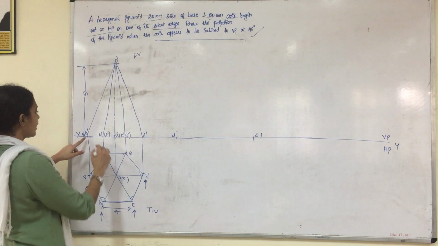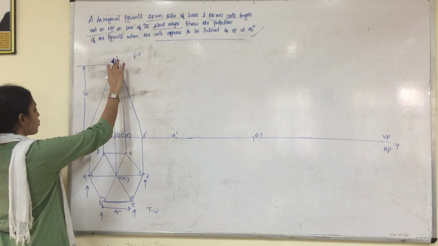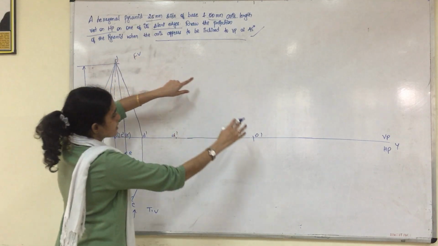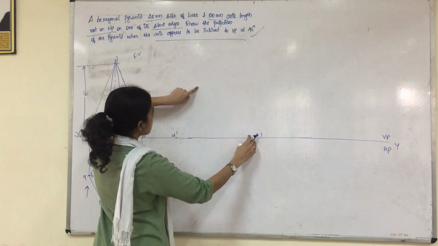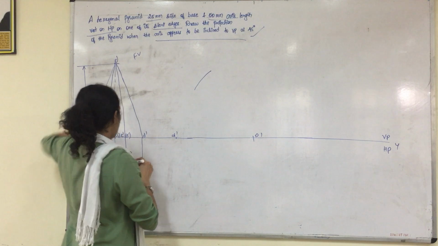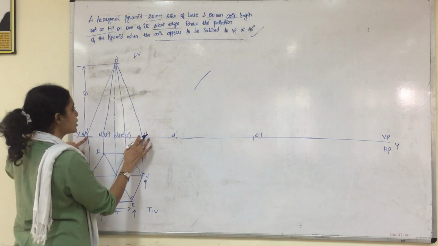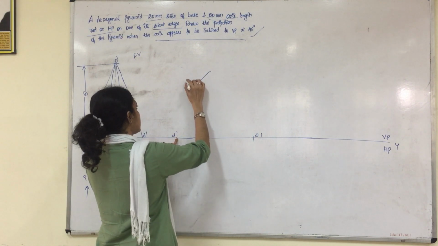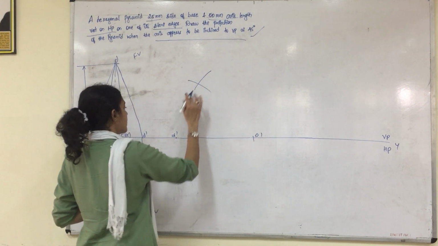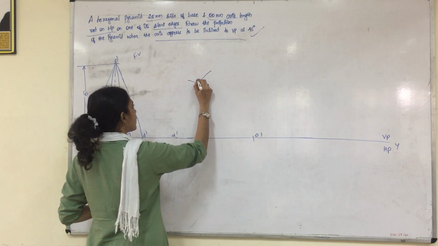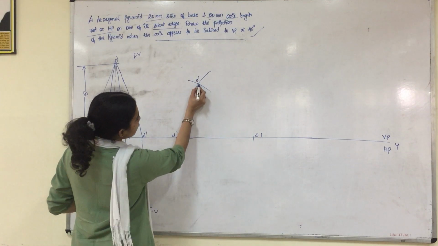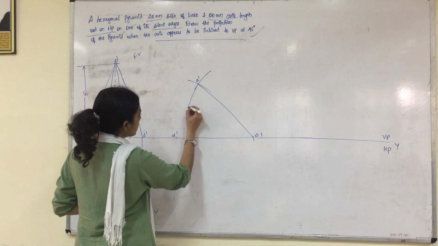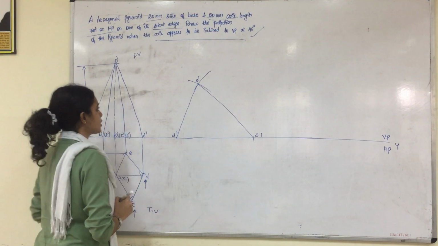So after this, again you measure from A dash to O dash, what is the distance. Okay, O dash you know. So please fix the O dash and just cut an arc. And again come here, from A dash to D dash, you see what is the distance. Come here and just cut an arc. Okay, so it meets somewhere. So this is our A dash. So join from the intersection point A dash to O dash and again A dash to D dash.